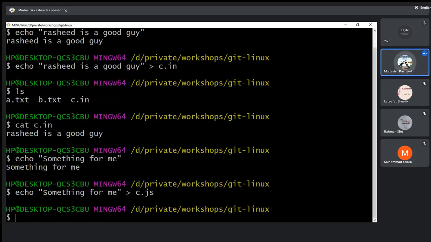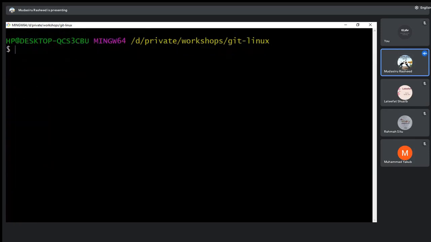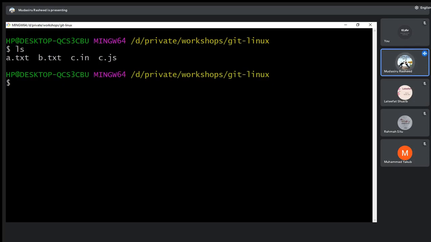If I push enter and I did not get an error, it means it worked successfully. To see that, I can list the content of this folder. I have a.txt, b.txt, c.in, and c.js. For now, c.js is what I echoed something to.